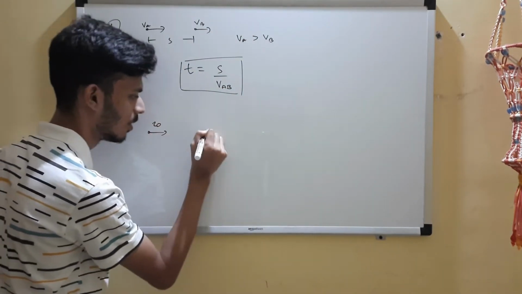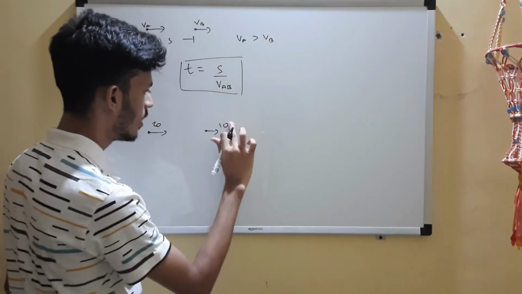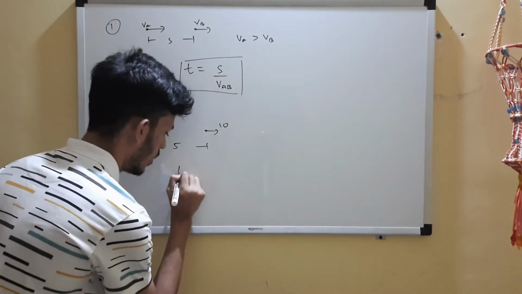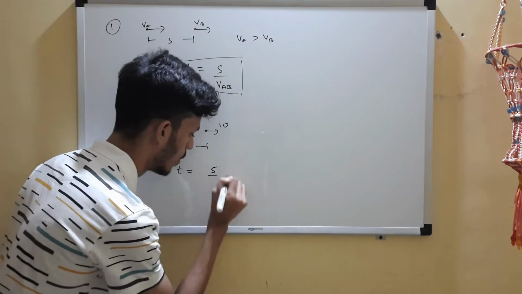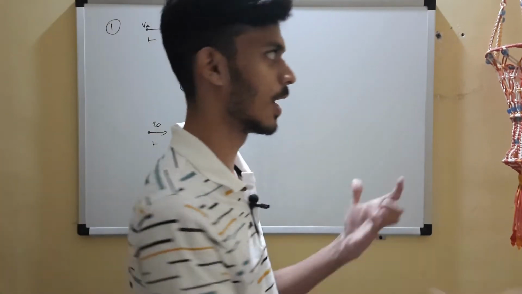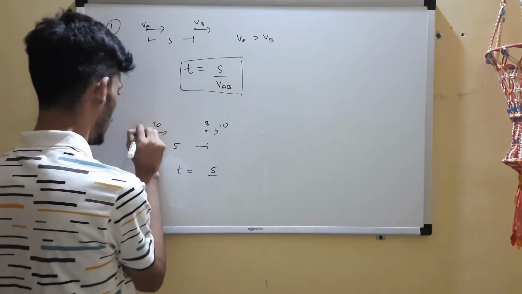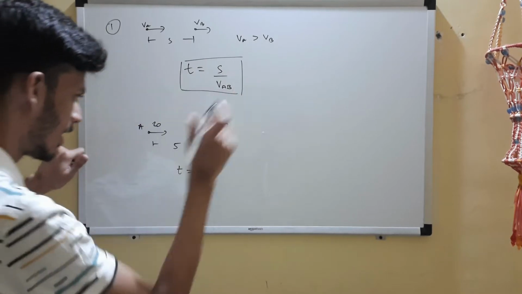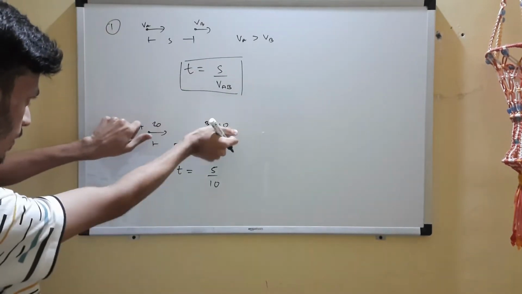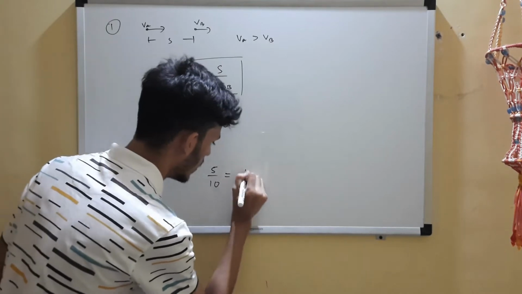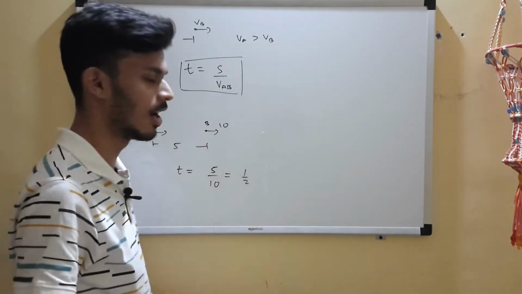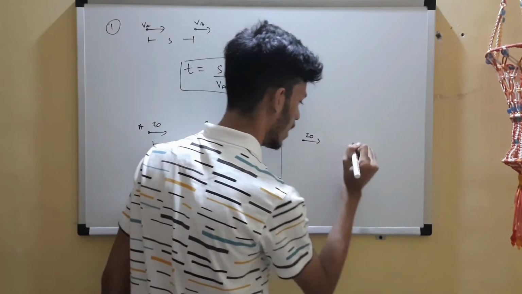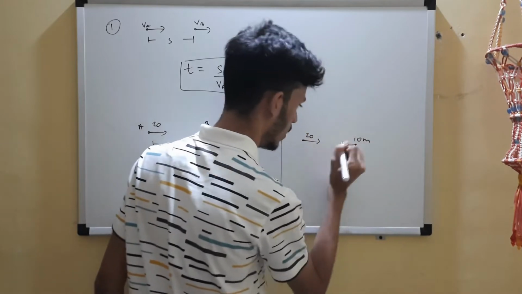So we are going to crack this problem in seconds. Va is 20, vb is 10, and you have distance 5. Now try it. What is the time? Time is equal to distance upon speed, 5 upon the relative speed. I hope you know how to get the relative speed. This is b and this is a, remember that. The relative speed with respect to b will be flip and keep. So 20 minus 10 is 10. So 5 upon 10, half a second. Correct answer.